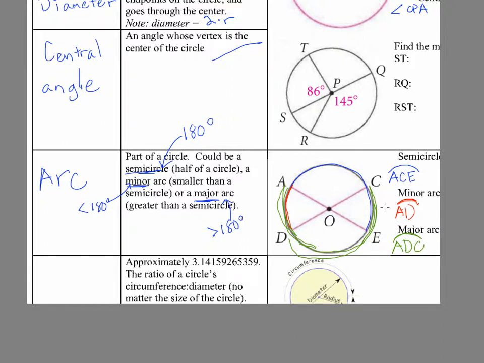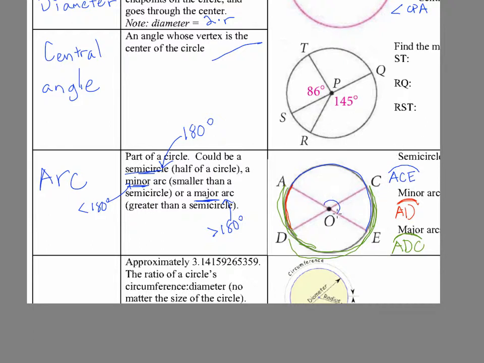ADC. It's our major arc. Okay. So the connection between the 2 things we just talked about, an arc and a central angle, is that the arc degree is going to be exactly the same as the measure of the central angle. You might have figured that out because if you think about it,